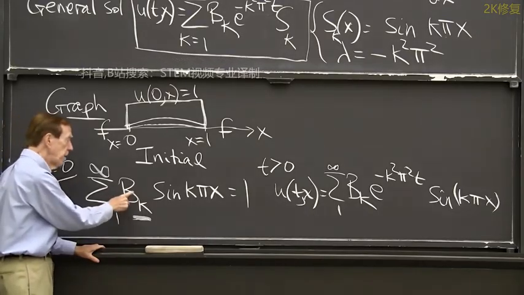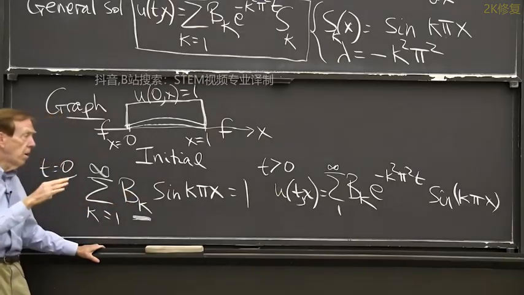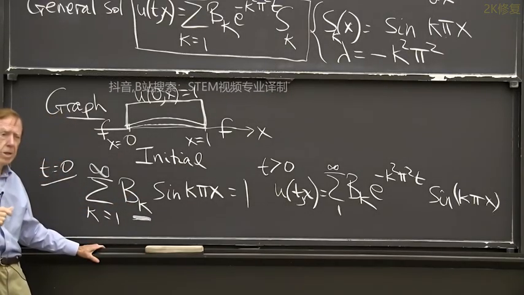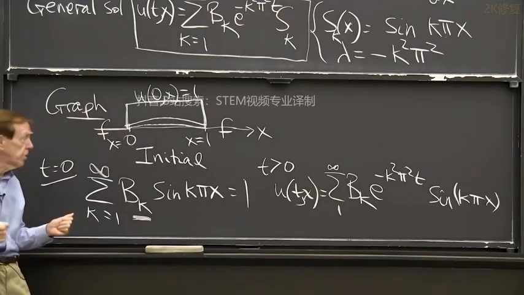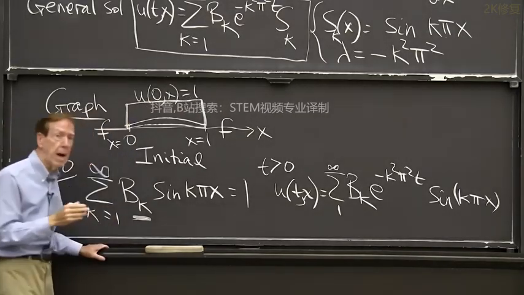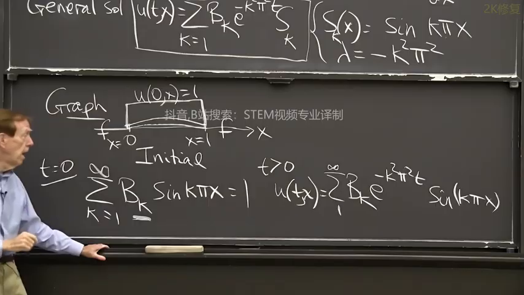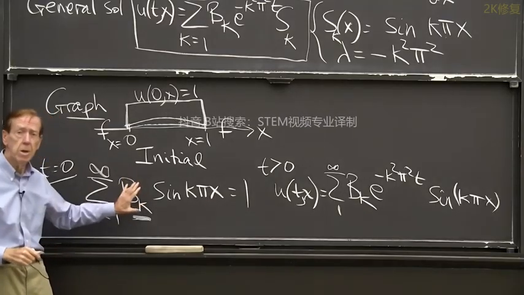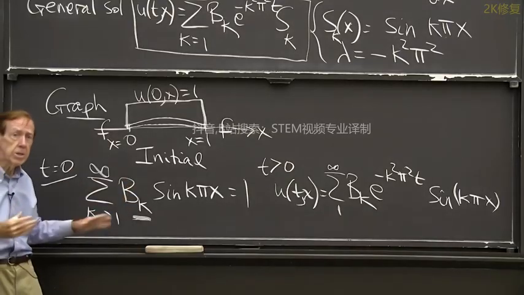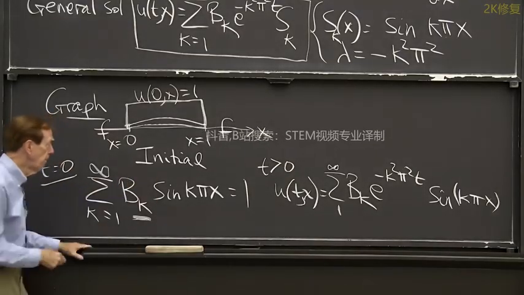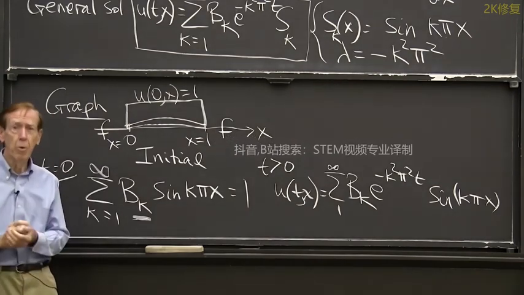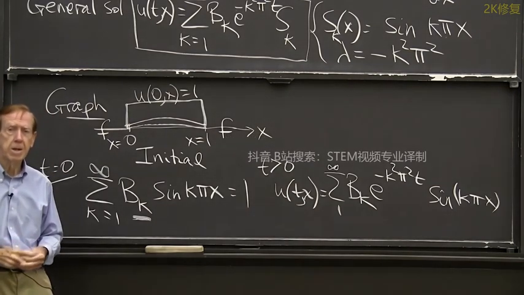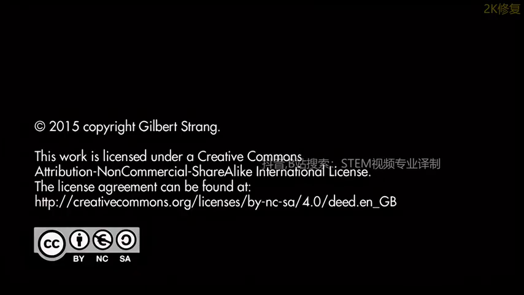And this is the step which I didn't take, the Fourier series step of finding the coefficients in our infinite series of solutions. Once again, we have infinitely many solutions. We're talking about a partial differential equation. We have a whole function to match, so we need all of those. And Fourier series tells us how to do that matching, how to find these b_k's. So that's a separate and important question for